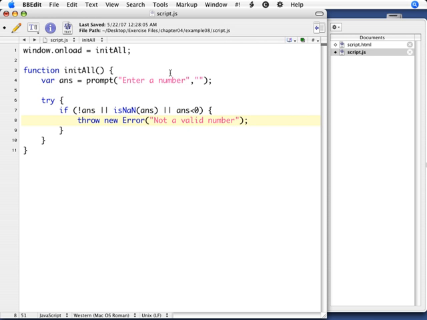Error is kind of like alert, except that instead of saying alert, it's actually a problem. Throw actually tells the browser, you don't think you have a problem yet, but I'm telling you now, this is the equivalent of an error. So just say you have an error. If you throw something, well, something's going to need to catch it later, and we'll see that catch later on. But first, if we get down to here, everything's okay. So we want to say alert, the square root of, and concatenate the original value put in, the word is,